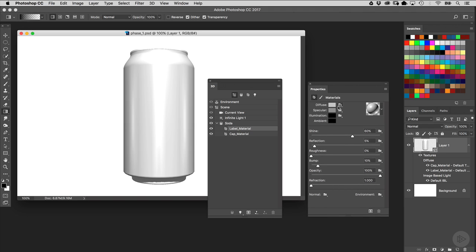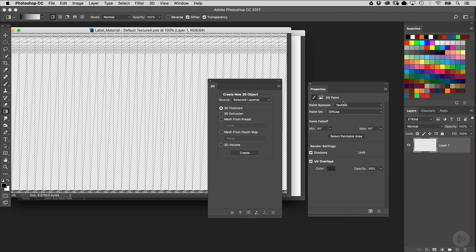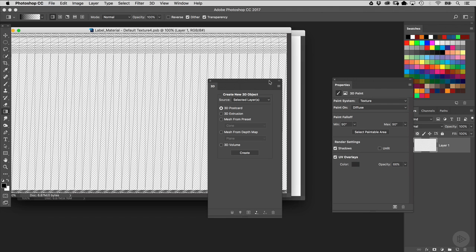Jump over to the properties panel, and you're going to go up to the very top to the diffuse property, and then click on the menu here and choose edit texture. And what that's going to do is open up a new document that is the label art basically laid out